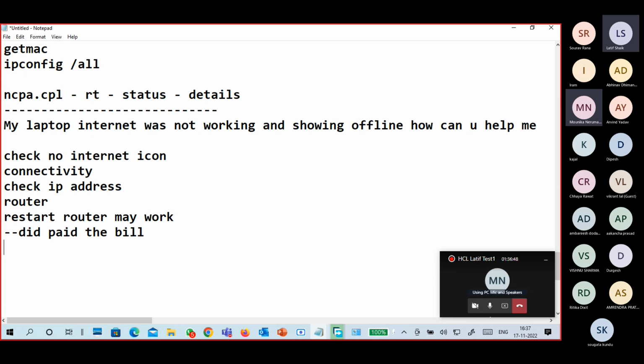Restart here. Check the LED status on your Wi-Fi router. Okay, log a complaint to your ISP, internet service provider. Complaint.